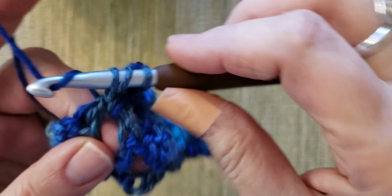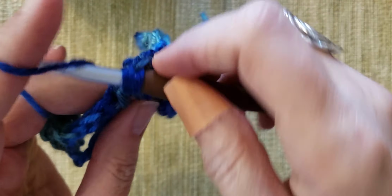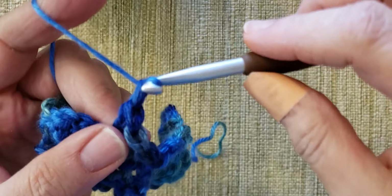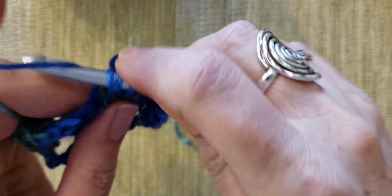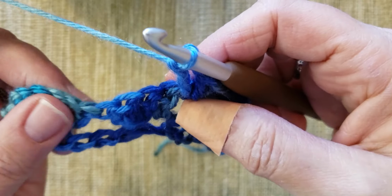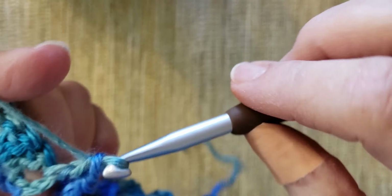2, 3, 4, then you're going to chain 2, and then you're going to put the last double crochet in that stitch, and then we're going to do it again, and you're going to double crochet 4,